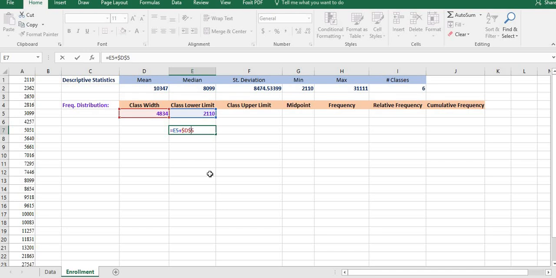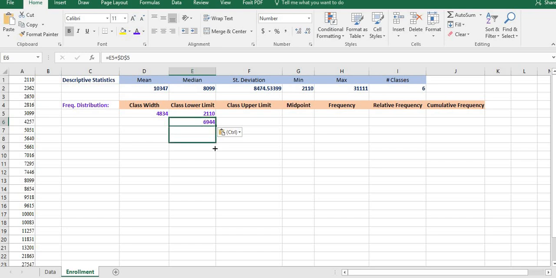And the reason that I'm going to do that, I just realized, let me copy and paste this really quickly. I have it in the wrong cell, so I want to put this here. Let me delete this. Let me Control V here. Okay. So I accidentally had it in the wrong thing. And the reason that I put the dollars in front of there is because it's saying that I want that to keep D5. I wanted to add E5, but now if I drag this down